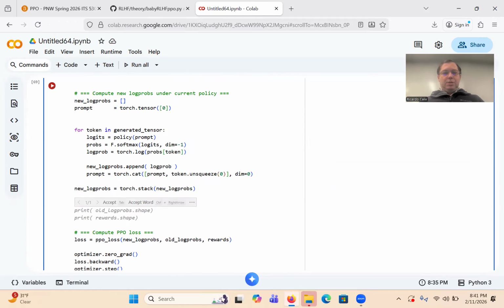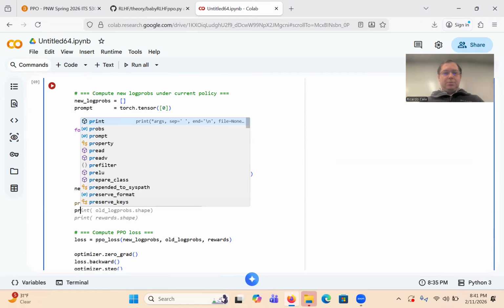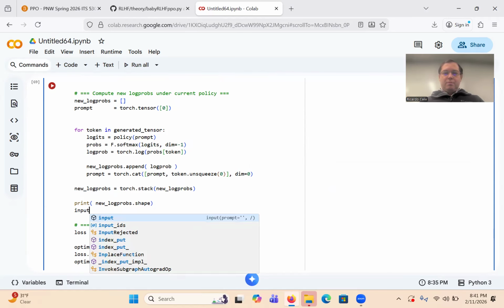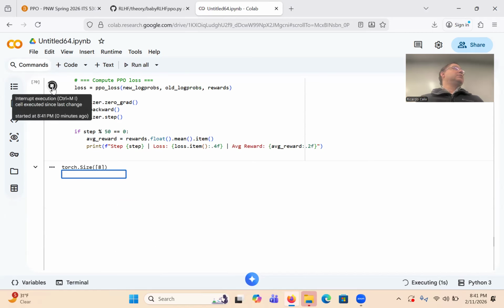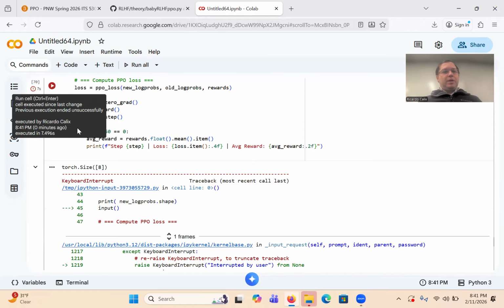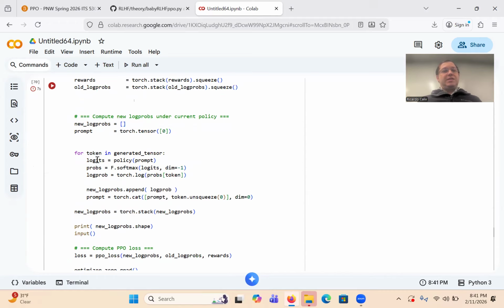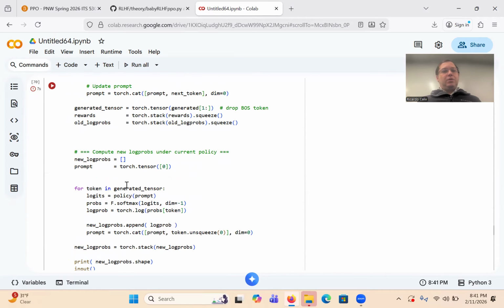This should be input 8. Do you see that? So it does have the shape, right? I'm wondering about something here, but you can see I've generated the old log probabilities